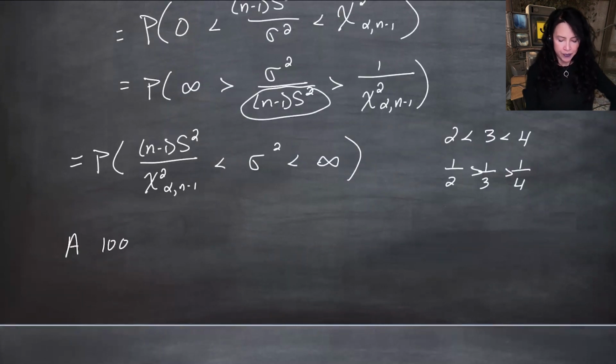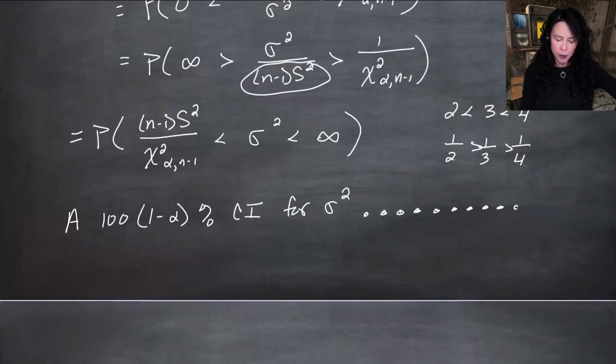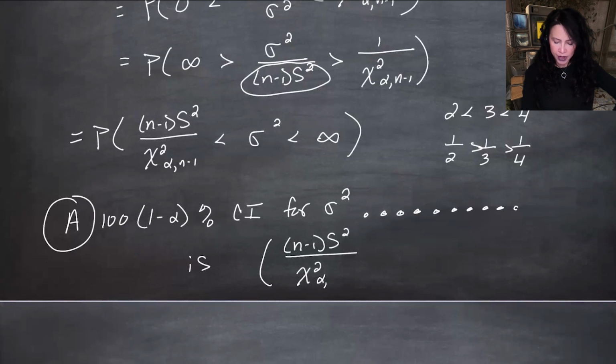A 100 times (1 minus alpha) percent confidence interval for sigma squared for the normal distribution and based on the sample variance S squared, because all of that is relevant here, is (n minus 1) times S squared over this chi-squared critical value, alpha comma n minus 1, to infinity. If you're doing your math stat homework or a math stat exam, I would just stop, move